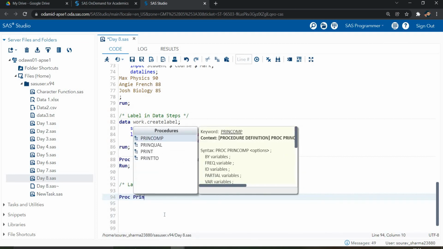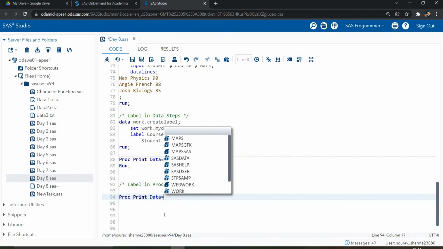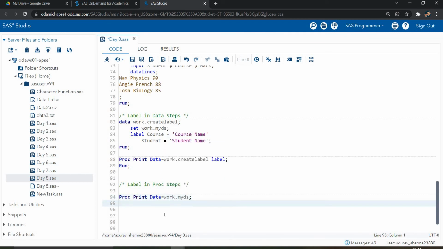Okay, writing the proc step is very easy. Same, you have to write, let's suppose my data is in the work library, my ds. So now you need to write the label statement.